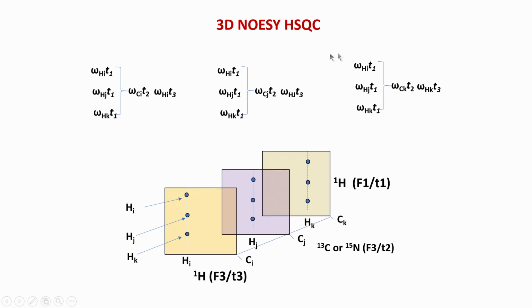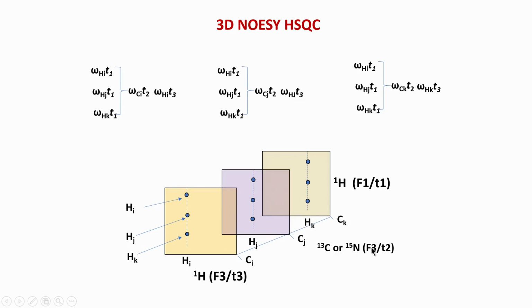So in this particular example, it is basically in the same molecule. So all atoms are correlated to all the atoms. So IJK here is correlated to I. Similarly, IJK is again correlated to J, and IJK are also correlated to CK and HK. So if you look at these three correlations, you see all the three peaks here for the HI-CI pair, you see all the three correlations for the HJ-CJ pair and all the correlations for HK-CK.